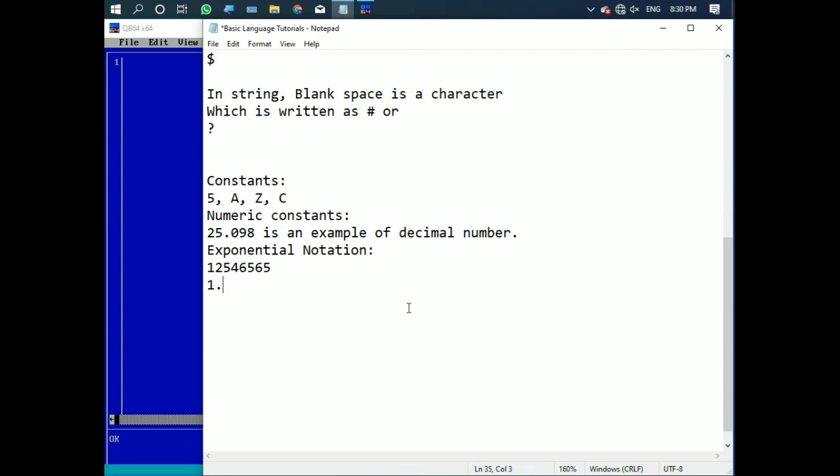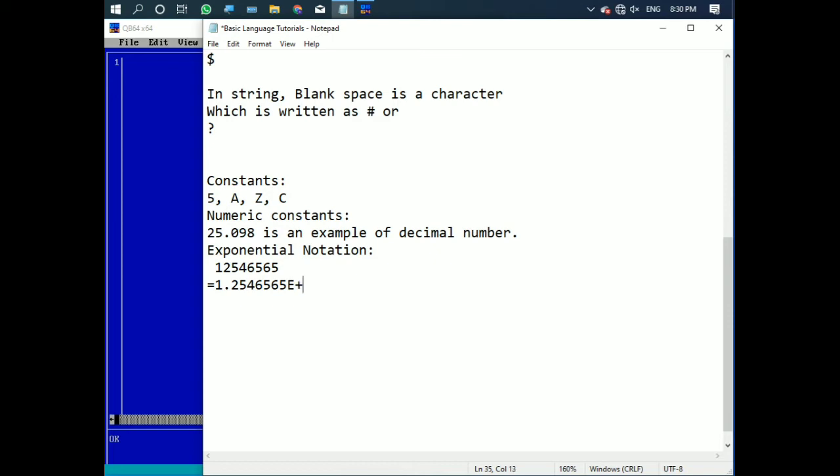So now I am going to write 2 5 4 6 5 6 5. If I write this, is this 2 equals to? No. So for that I am going to write equals to, and then I will give you the logic. Then I will be pressing E.